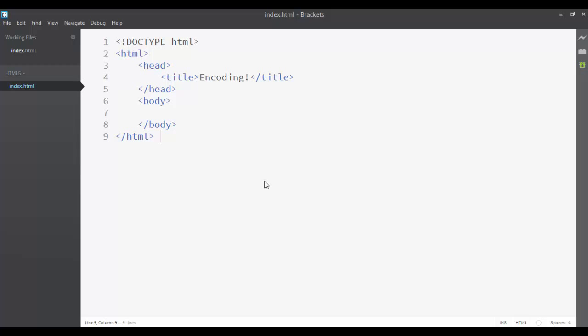The first character encoding standard in HTML was ASCII. ASCII defined 127 different alphanumeric characters. In Windows, the character encoding standard was called ANSI, which supported 256 different encoding characters. In HTML4, the standard was ISO